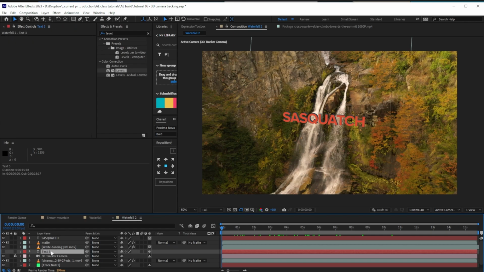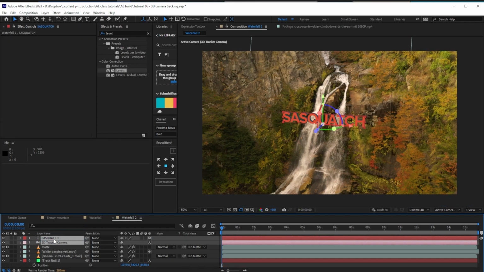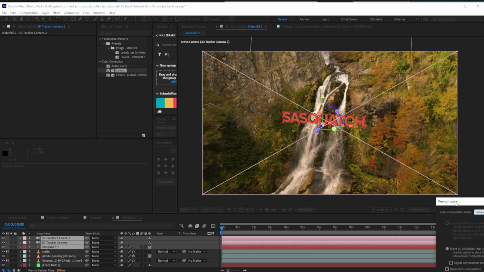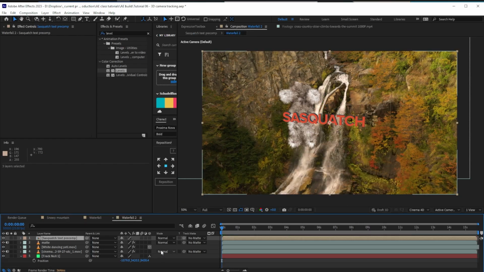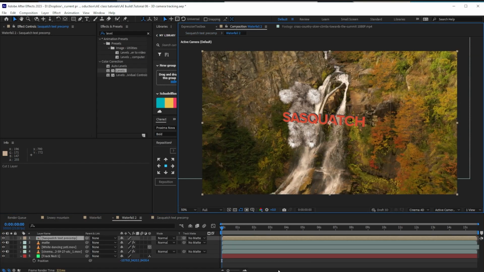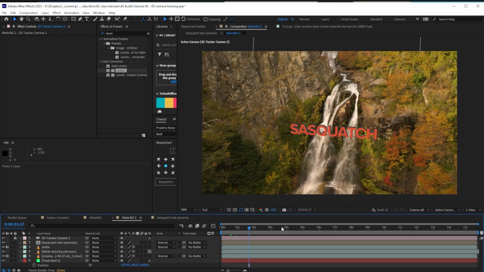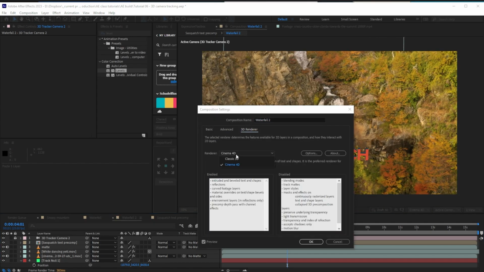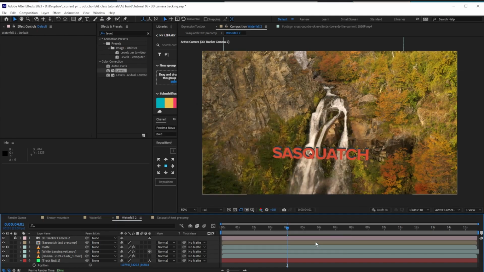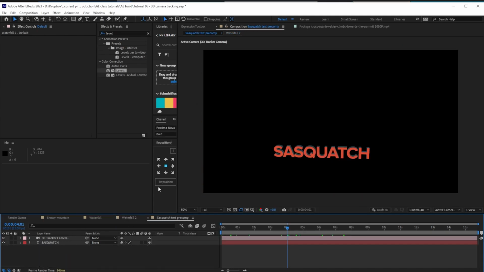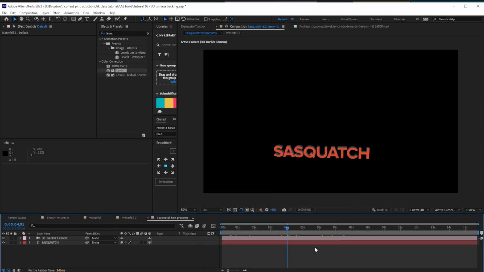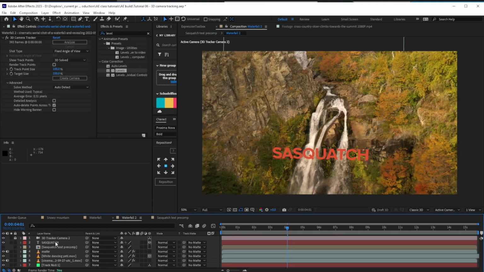And now I want to pre-compose my chunky 3D text. So I'm duplicating my 3D camera as well. And the main reason being is that I need the 3D camera in the scene for my footage of the Yeti. I'm changing my 3D render back to Classic 3D for my main composition, so I can add some effects to the text layer, which I can't do once the Cinema 4D renderer is in charge of the composition settings. Let's go back out to our main waterfall comp,